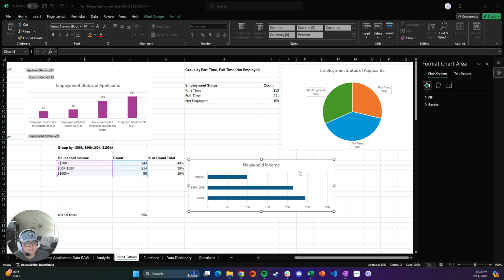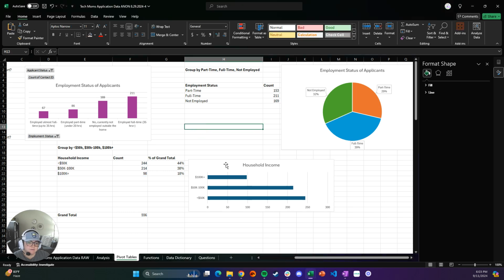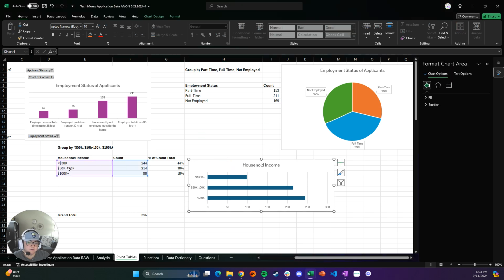say, for example, this is showing me count, but maybe count isn't the most meaningful to my users. They actually want to see a percent of grand total. What's actually kind of cool is when you click off of this, nothing's selected, but if you click onto your chart, it's going to show you which cells are being used to create said chart. So what you can actually do is drag